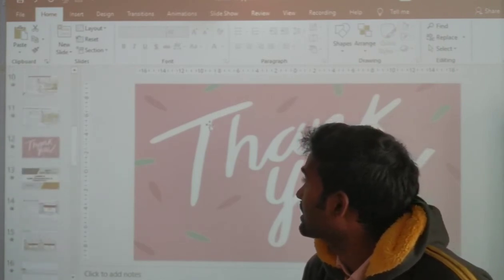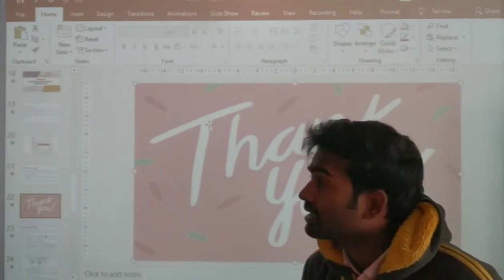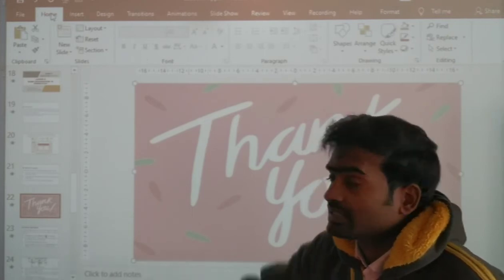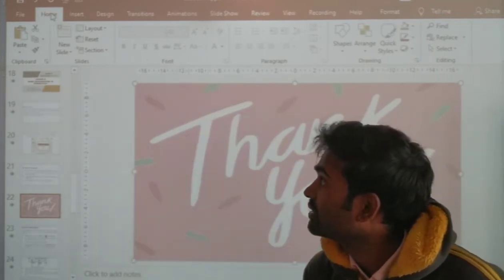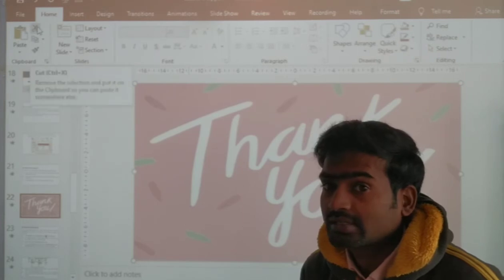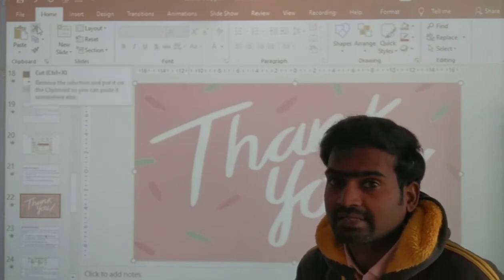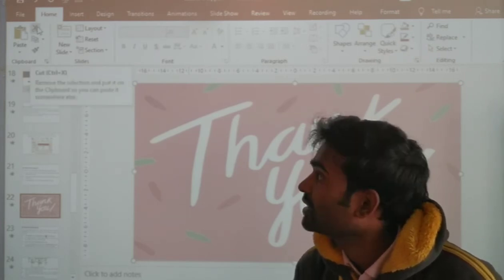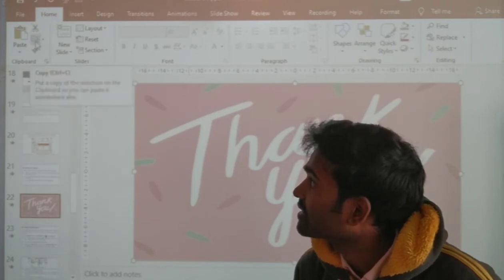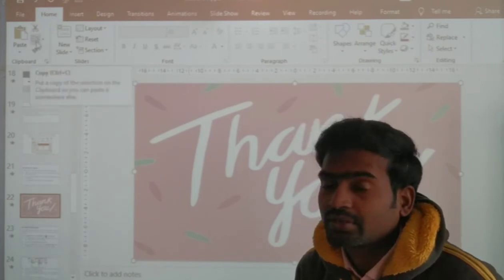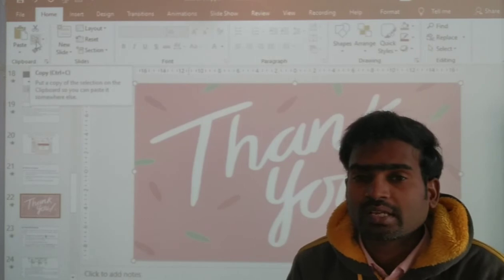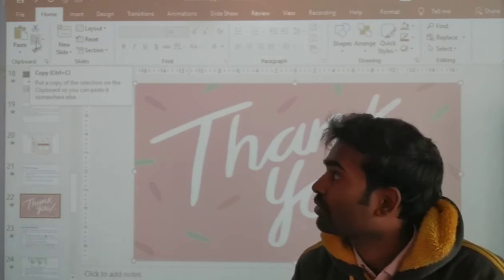First select it. After selecting it, go to the home tab. There is a home tab, and there's a scissor, the cut option we used in the previous class. Today we will use the one below it, a small one, the copy option. When you keep the mouse pointer over it, it will show copy.